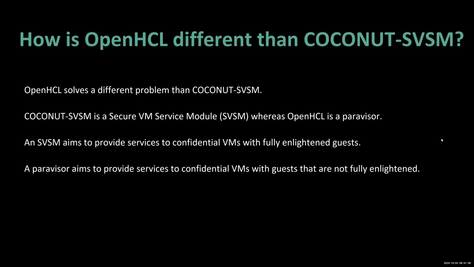And I think this is actually my last slide. How is OpenHCL different than COCONUT-SVSM? Well, it is just completely different in that it solves a different problem. So it's not at all something that is a competing product, because Coconut is an SVSM, whereas the OpenHCL is a paravisor, and an SVSM aims to provide services to confidential VMs that are fully enlightened, whereas the paravisor aims to provide services